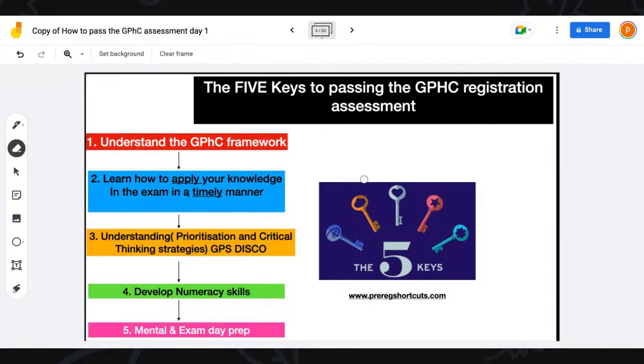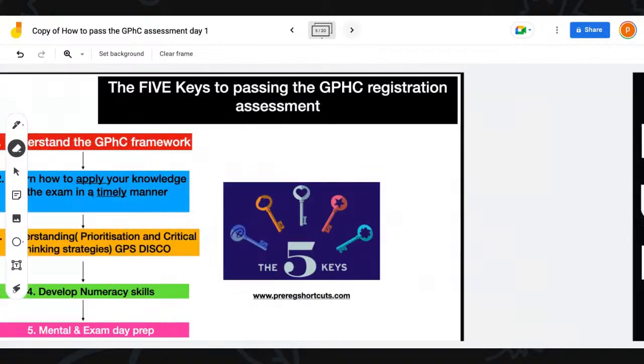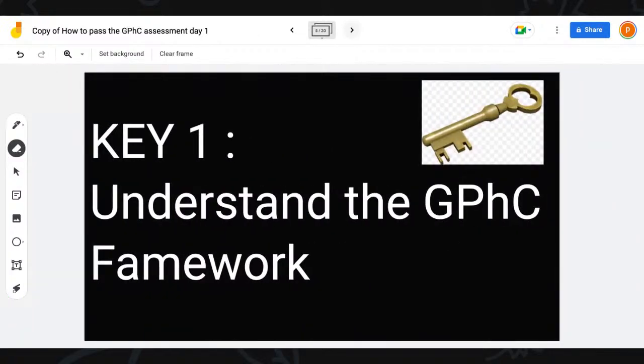The key word was apply your knowledge in a timely manner, so it's not just applying, but also being aware of time. We started that yesterday, showing you how to apply this. But today, we're going to look at 2 and 3. Today we will do a lot in terms of applying the strategies and showing you how to answer recall versus analysis type questions, which most students struggle with. Most questions will either be a recall question or an analysis prioritization style question, which requires critical thinking. So be happy today, be relaxed. You will learn some amazing strategies and you'll be able to smash any question.